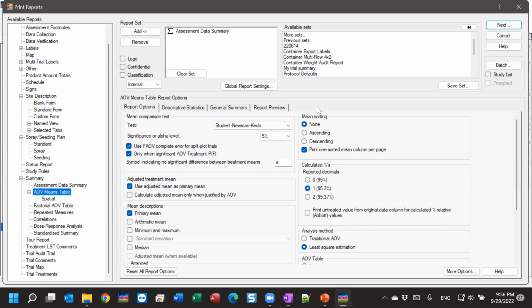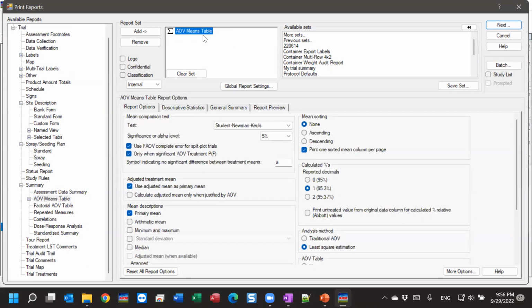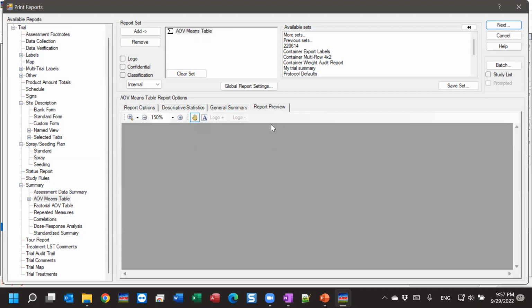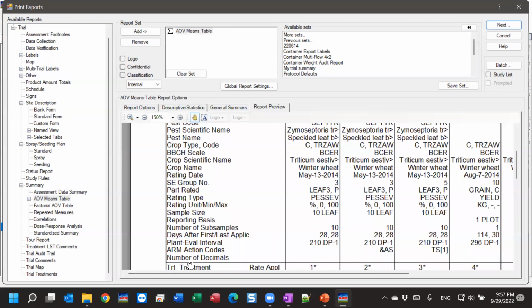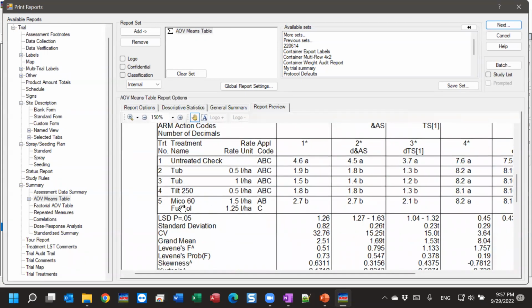Matt, it's Brad here. Hi. Quick question: printing AOV means table into Excel, when we have multiple products per treatment, so we've got multiple lines per treatment number, is there a way when we're printing into Excel, because at the moment it comes out treatment 1, and then you'll have 3 lines for each, or say there's 3 products, is there a way of deleting those multiple lines, or making it print into columns or rows, I mean, instead of